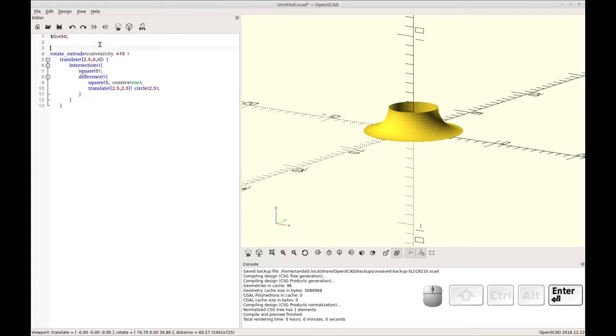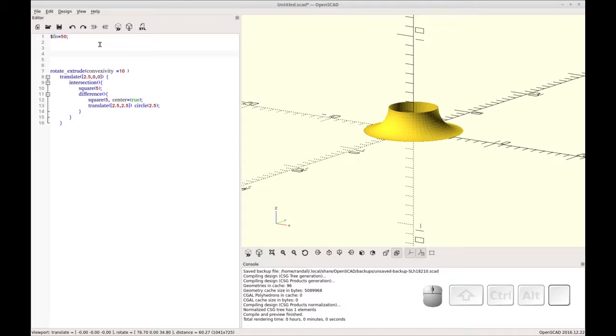So the next thing we're going to do for the post is add a cylinder. The cylinder is going to make up the post. It's going to be of 2 pieces. It's going to be 2 cylinders basically, one inside the other and then differenced. So let's add the first cylinder,